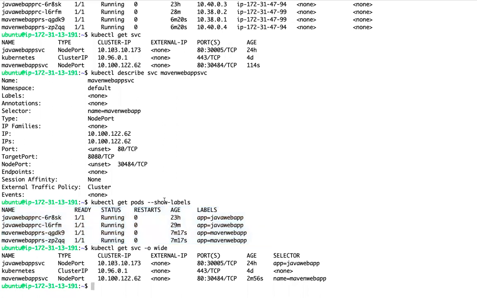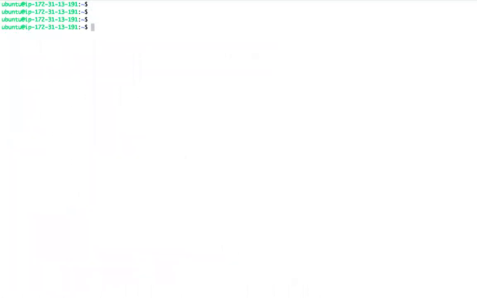So what can I do now to address this issue? Either I need to update the label of my pods, or I need to update the selector of my service. So we can edit the service. How can I edit the service? Guys, using commands also you can edit, create, delete, imperatively.